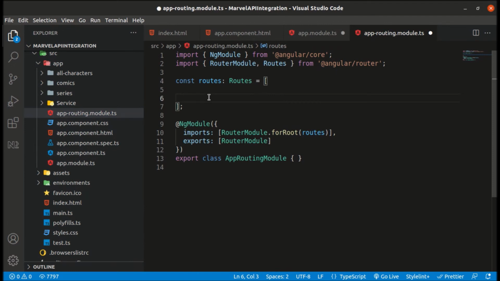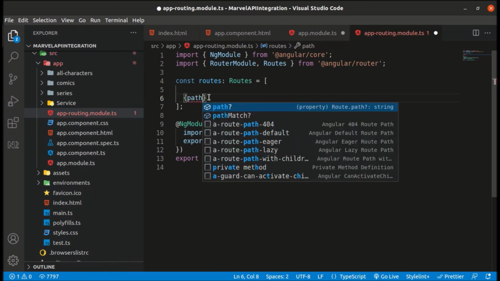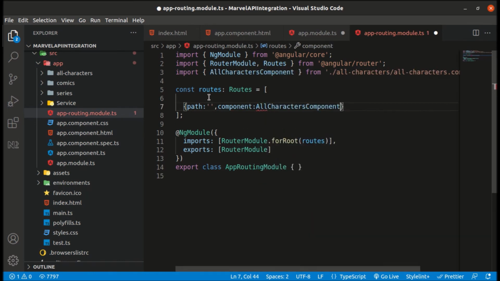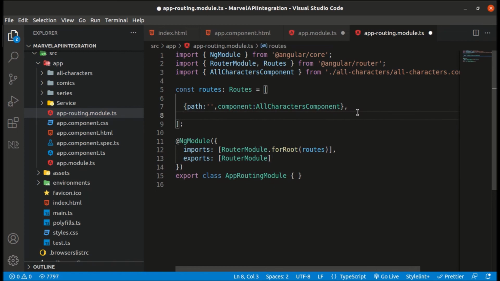Let's add the path. When the path is blank, we want to show our all characters component, and let's add the other two components also.